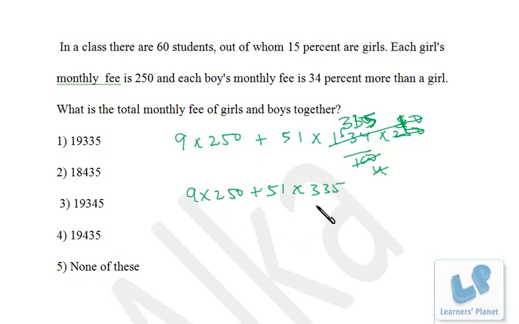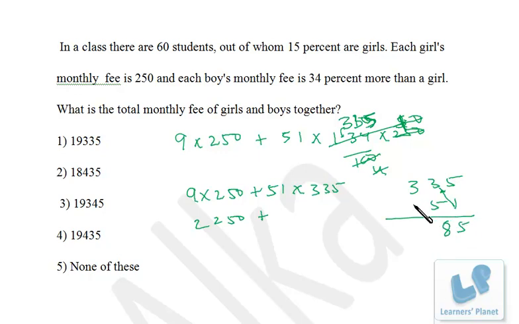Now the only part left over here is the calculation. Since the options are closer to each other, we can see 335, 345, right? And none of these is also there, so it's better to be accurate, right? So this is 2250. Now to save some time, what you can do is calculate the last digits: last digit, second last digit, third last digit, till you are able to match your answer. And how do we calculate that? It's 5, then this into this, that is 3, plus this into this, that is 25. So 3 plus 25, that is 28.